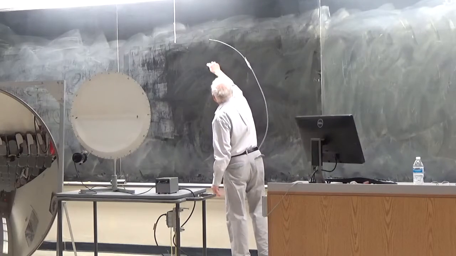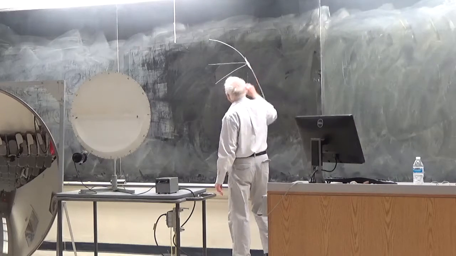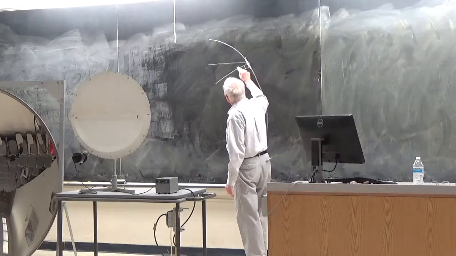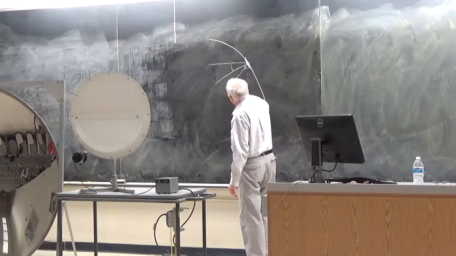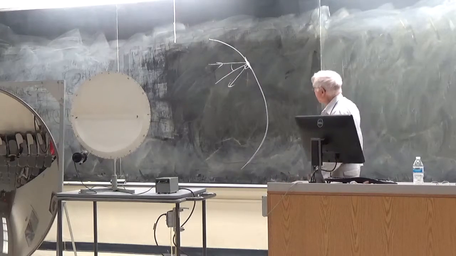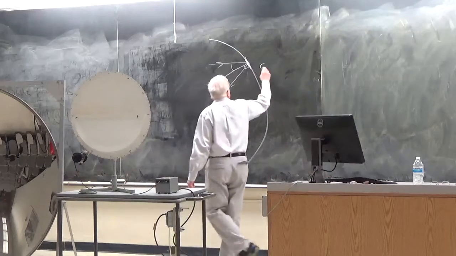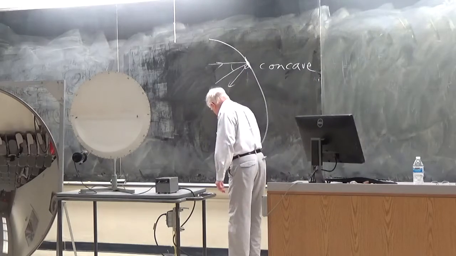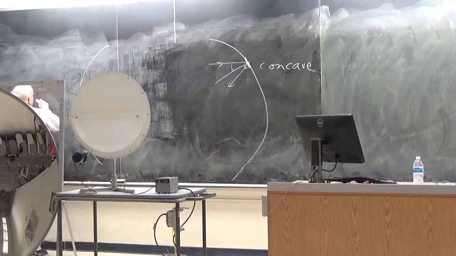In any event, a photon coming in that makes some angle with the normal, since this is locally flat, you can draw a perpendicular, and then if you have an angle of incidence here, the angle of reflection is the same as the angle of incidence. I may not have drawn it exactly right. And this is also true of this concave mirror. So you can think of this part that's enclosed here as a cave. And then there's a convex mirror here, where again,